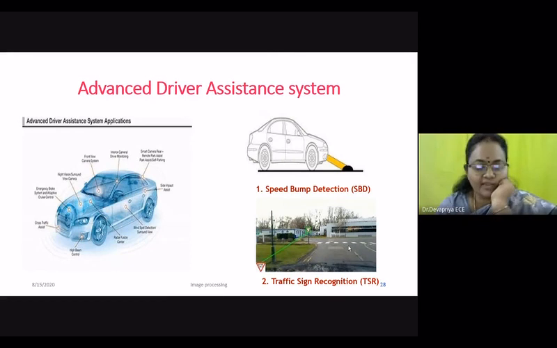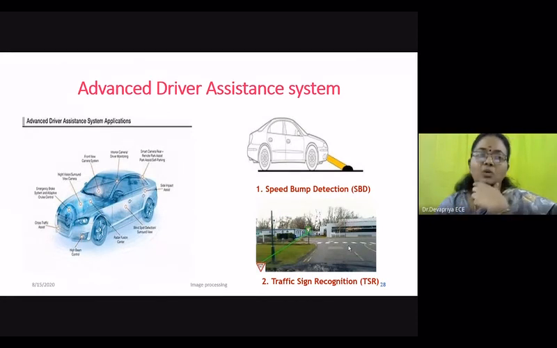The next one is traffic sign recognition. It will locate where the traffic sign is, and it will say what type of sign it is, whether it is a mandatory sign. Because we tell the policeman, whenever we are stopped for crossing the wrong way, that we have not noticed it. So if you have this driver assistance vehicle, it will say what type of signboard it is, whether a mandatory sign or an informatory sign, and it will say what information is available inside the signboard. That can also be done using traffic sign recognition.